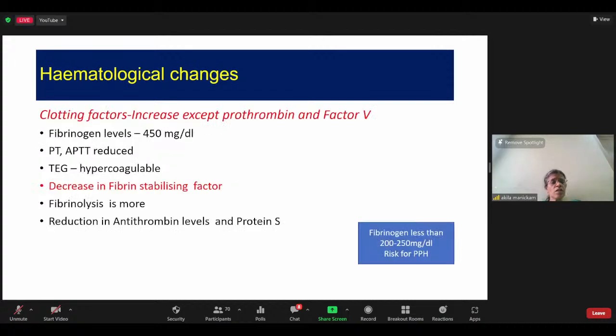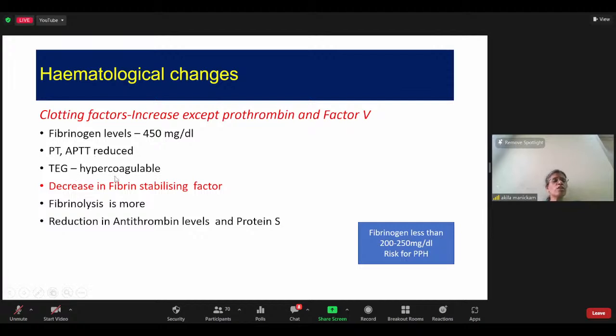And when you look at the clotting factors, all the clotting factors are increased except your prothrombin and your factor V. The phenomenal increase is in your fibrinogen levels, which increase to about 450 milligrams per deciliter. Because of this increase, when you do a routine conventional PT and aPTT test, they could be normal. Even after some amount of blood volume has been lost, the coagulation factors are not very sensitive to the amount lost. Only when around 40% reduction occurs will these show abnormal values, because there is an accelerated amount present.